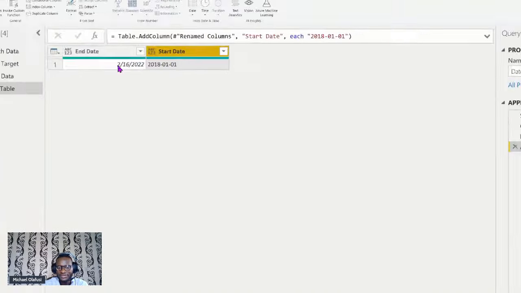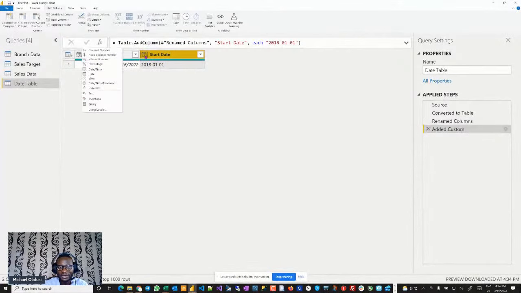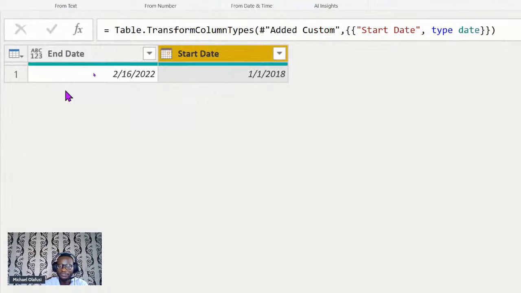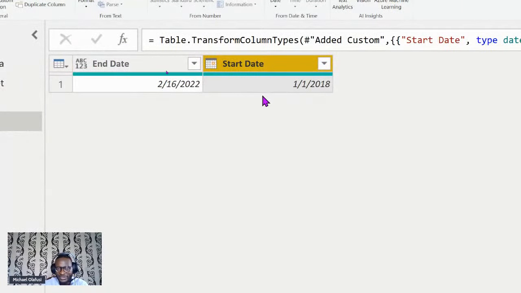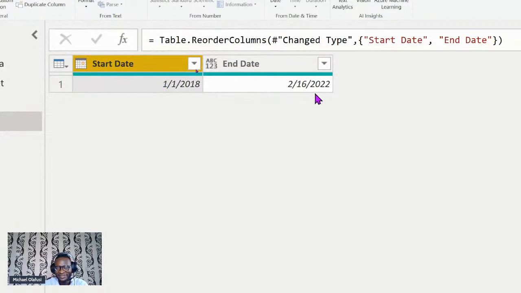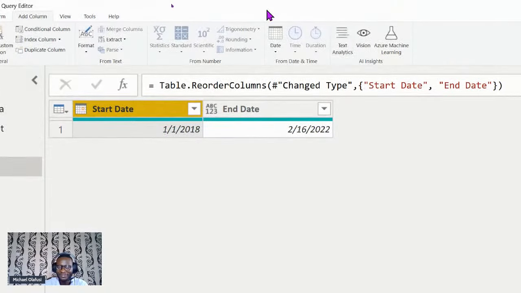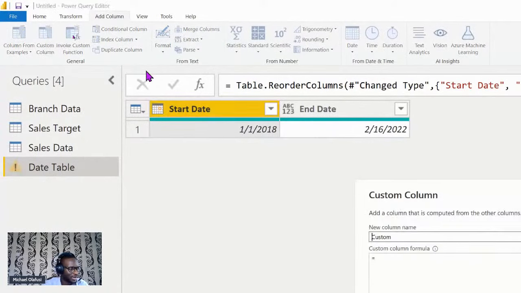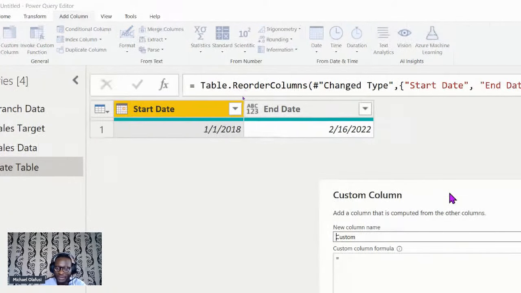So now that I've done this, I need to just come here and say this should be a date format, and that's it, right? So now that I've done this, what I actually really need is a list of dates from year to year, or let me rearrange it, from year to year, right? So how do I do this? Very easy. I'm going to add another column. I'm going to call it dates. So this will be my actual dates, right?